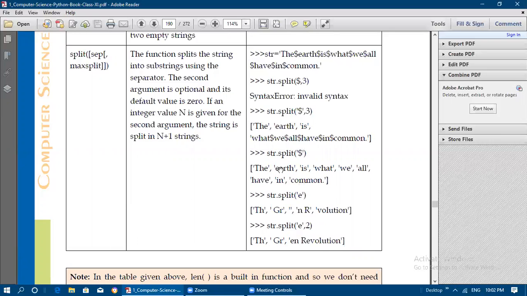In this str, TH will be returned. Then in green, since split of E is given, GR is returned, and then NR is returned. In the green revolution, wherever E is appearing, that E is removed and the remaining parts alone get displayed.